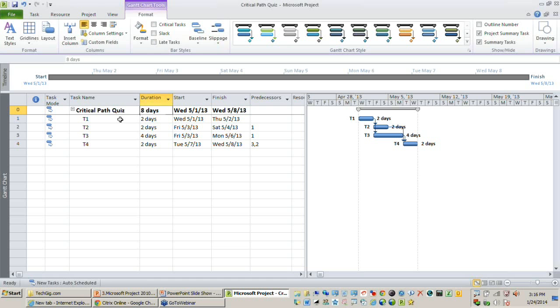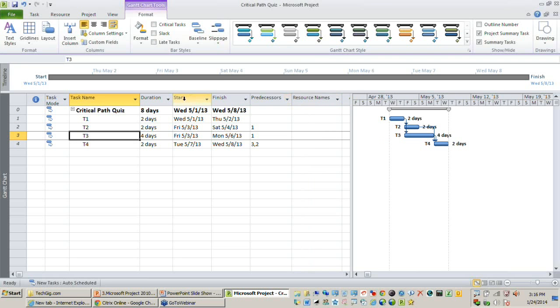As I have told you, every task in this project plan is going to have two sets of dates: early start, early finish, late start, late finish. So what critical path does is, for every project plan, it does a forward pass and a backward pass. In a forward pass, it calculates the earliest date when these activities can start. In a backward pass, it calculates the late start and the late finish of these activities. To know where these dates are calculated, you might want to flip the columns shown on your screen.